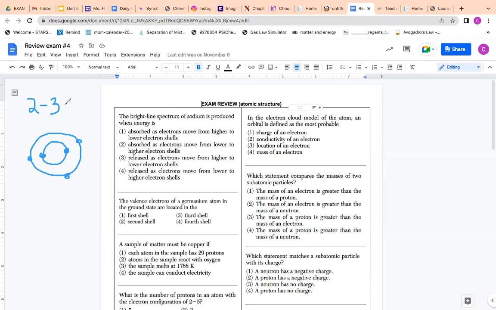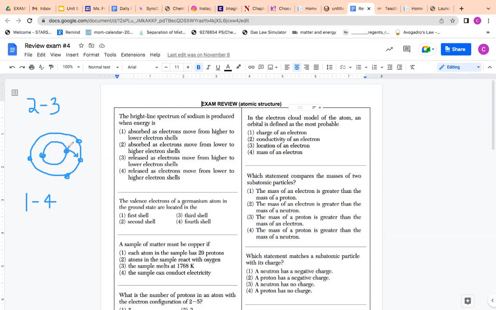Now we can excite electrons. So if we add energy into this atom, one of the electrons will absorb the energy. Typically it's from one of the last filled shells. So right here, we would look at energy level 1 or the first ring. One of these would go up into here. Now we would have this electron in here. It would no longer be 2, 3. It would be 1, 4, and we would be in the excited state. Now, again, in order to go from the first energy level to the second energy level, this electron right here